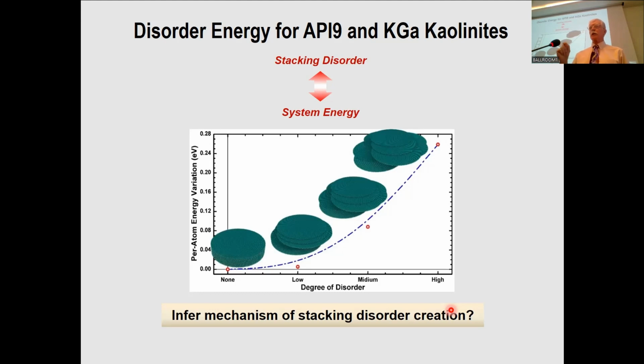You might expect a clay that crystallizes slowly in a geode, like the Kaolinite, to have a degree of disorder different than one that forms in a soil, different from one that you find in a stream that has suffered a lot of mechanical abrasion, a lot of mechanical activity that has caused shifting of the layers. So we're beginning now just to think about, can these energy calculations shed any light into the mechanisms of formation